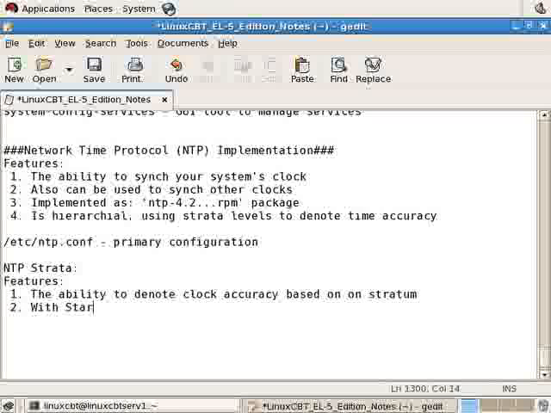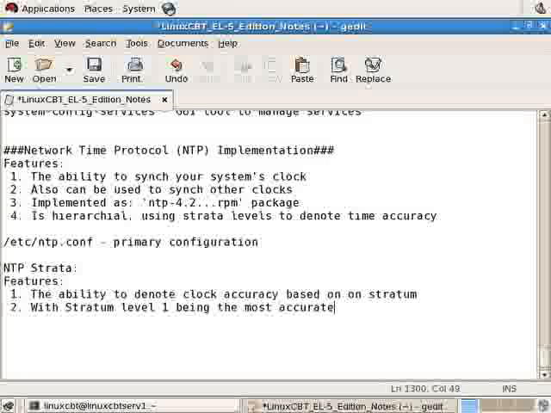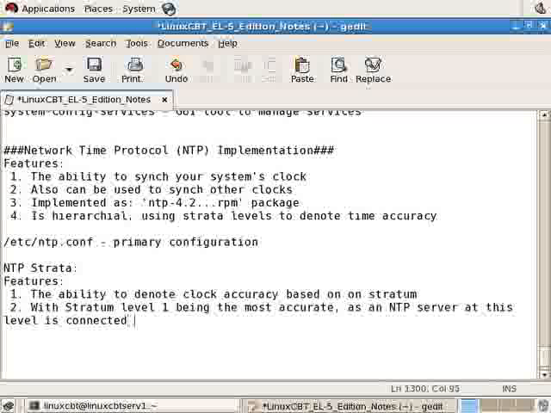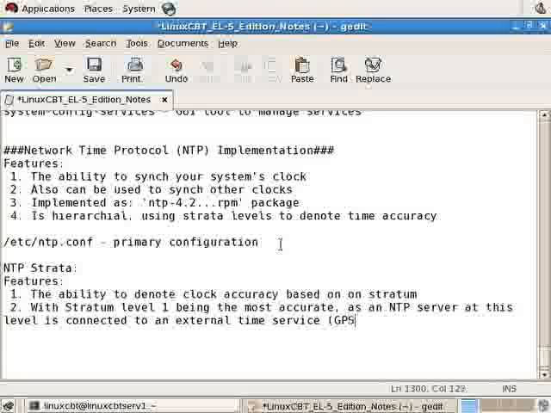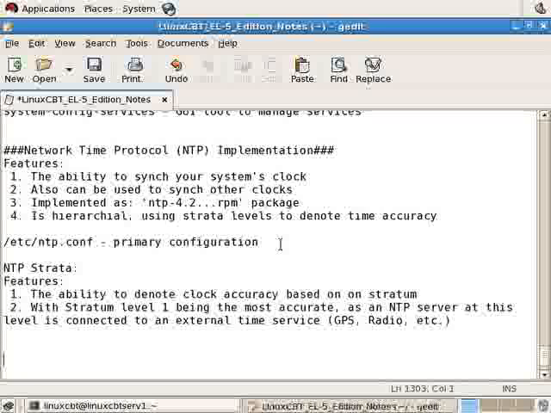with stratum level 1 being the most accurate, as an NTP server at this level is connected to an external time source. And the protocol provides the utilities necessary to determine the various strata. And an external time service includes, but is not limited to, GPS, radio, etc. So NTP has this built-in hierarchy called NTP strata,